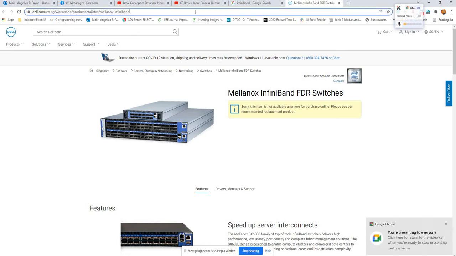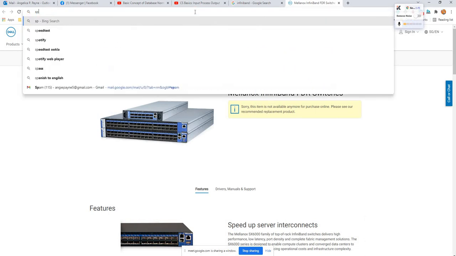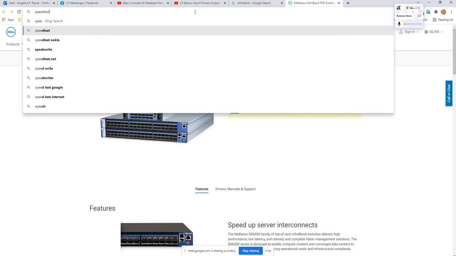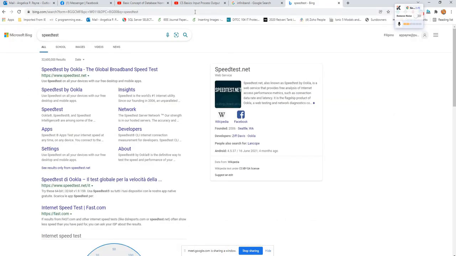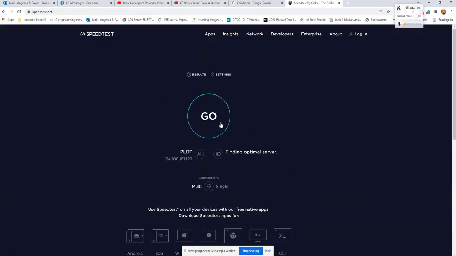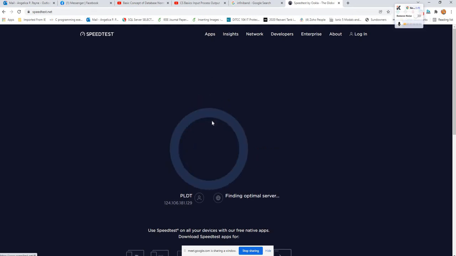Tingnan ko kung gaano kabilis para makita ko rin kung sakto ba yung binibigay sa akin ng PLDT. Run ko lang, no? Go. Okay. Bagal, naghahanap pa ng